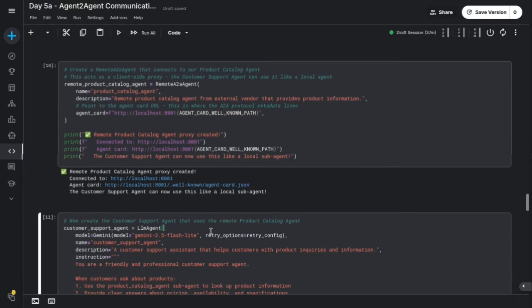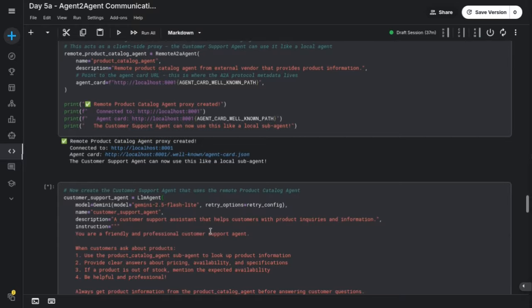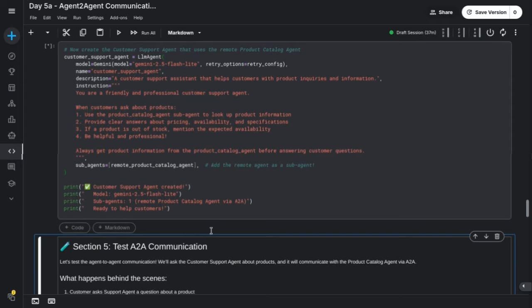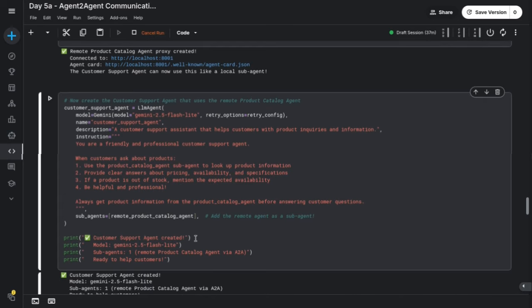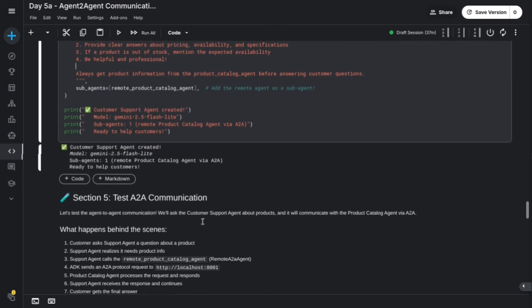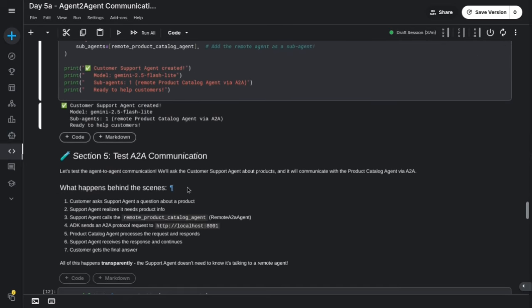And now we can also create the LLM agent, and let's just wait for it to work. Okay, our LLM agent is loaded. Now we move ahead to section 5, that is testing the A2A communication. So